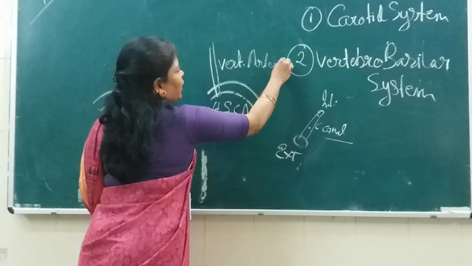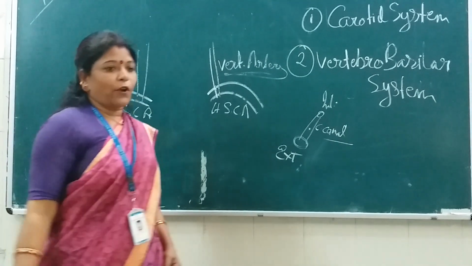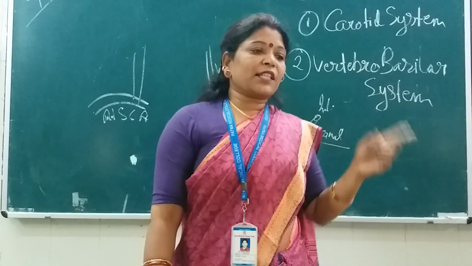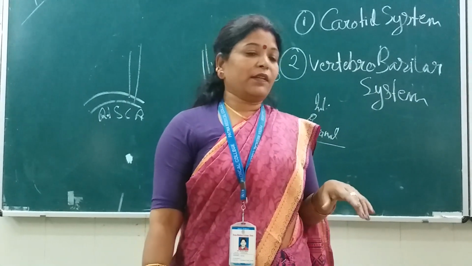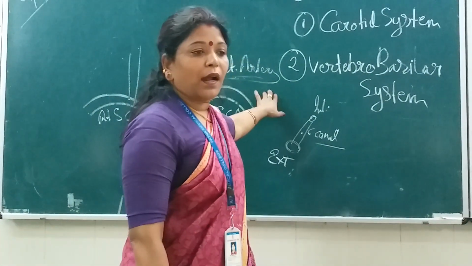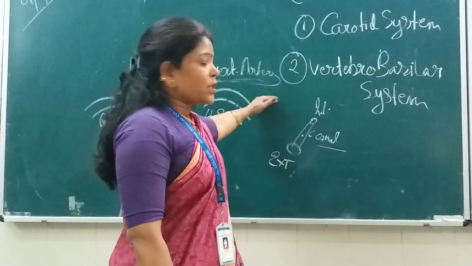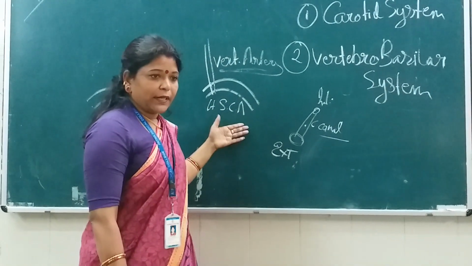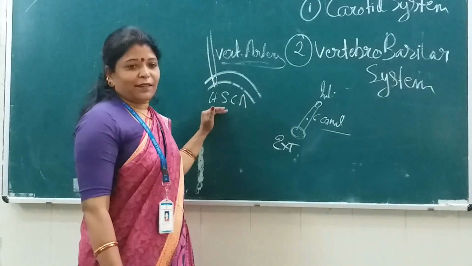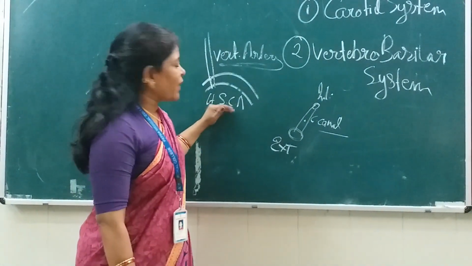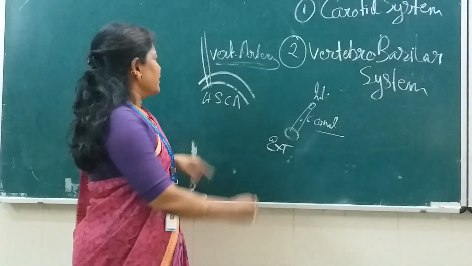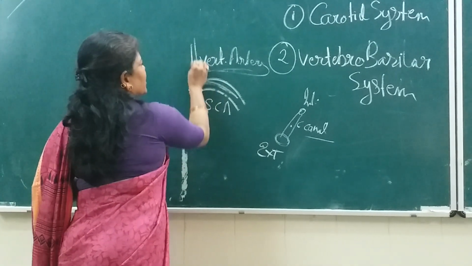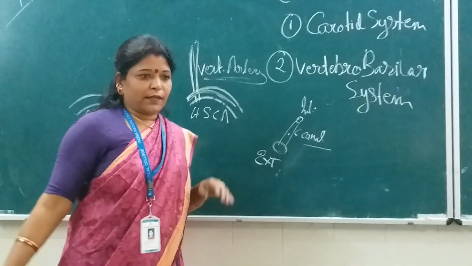A very important question which is asked in viva from you all. The vertebral artery is a branch of, because the blood supply of the brain itself is very important. That's why the vertebral artery is very important. From where is it coming? The source is the subclavian artery, both the right side as well as the left side. From which part? The subclavian artery is divided into three components. That's why it has been described that from the first part of the subclavian artery, this vertebral artery arises. Is that clear?